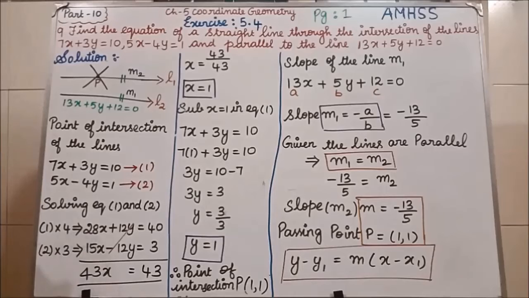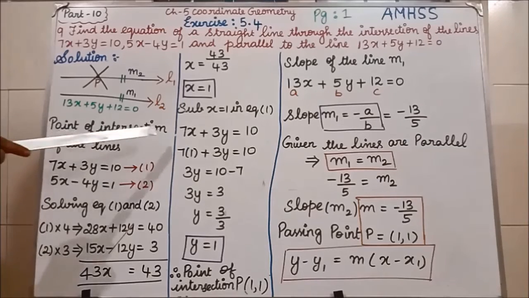Students, from the 9th to 12th problem, in all the problems they were giving you 2 equations or 3 equations or 4 equations. First, you have to solve those equations, the intersection of the lines. Afterwards, when they give 2 equations, you have to solve the two equations by cross multiplication or the elimination method. The elimination method is very easy, so I have done it using the elimination method here. This elimination method and cross multiplication method you have read in algebra itself. Okay, now we'll proceed.